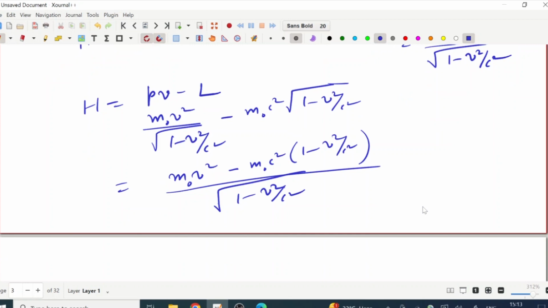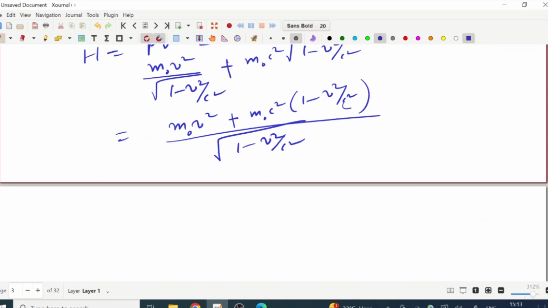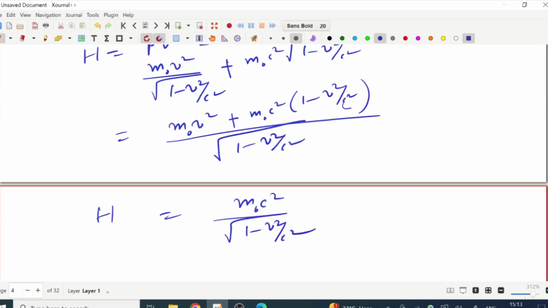Okay. So, there will be some cancellation, say this m0 v square. So, this minus minus is plus, oh, there is already a minus. So, this term will be plus, since the Lagrangian itself has a minus. So, the m0 v square term will get cancelled. So, we will remain with m0 c square times root over 1 minus v square by c square. So, this is our Hamiltonian after using the Legendre transformation, but